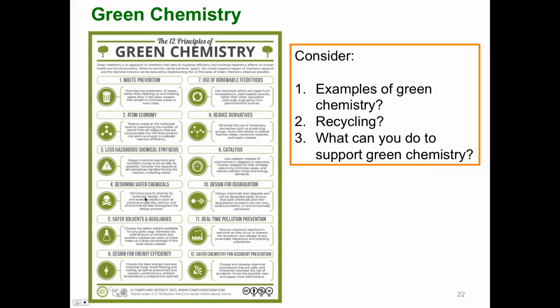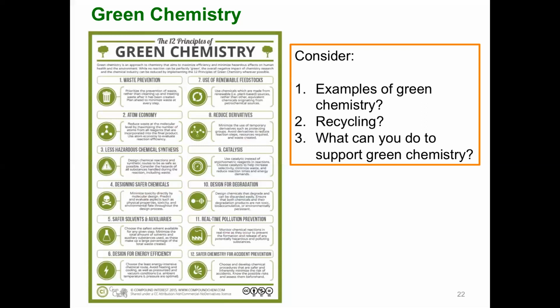So I'm going to go over the 12 principles. So waste prevention, right? So to minimize garbage and wasted resources that come out of that. And we're going to talk more about that later in the semester and how you get your atom economy, right? That's sort of related to here. So that's going to reduce waste by looking at your atom economy. Use less hazardous chemicals, safer chemicals in design, right? Use safer solvents and ancillaries. So for example, using water, right?